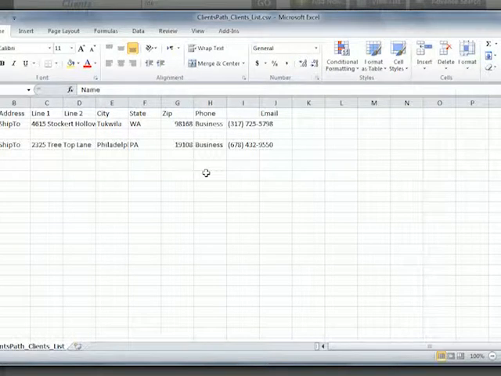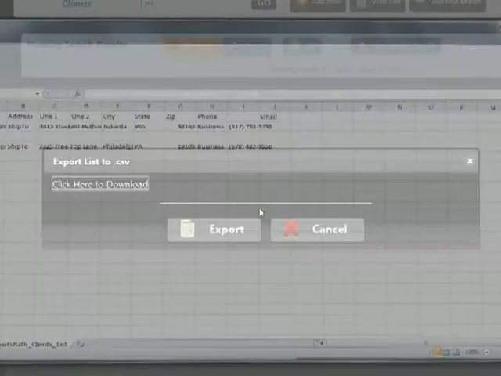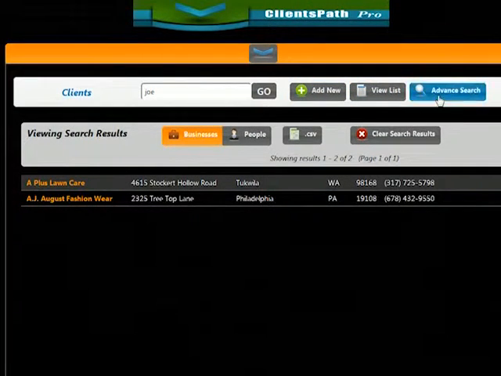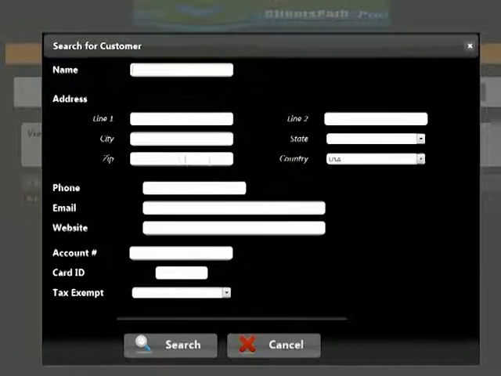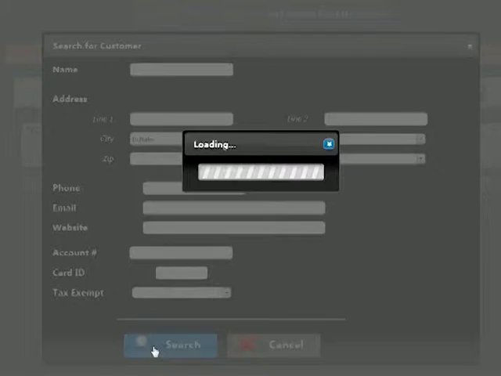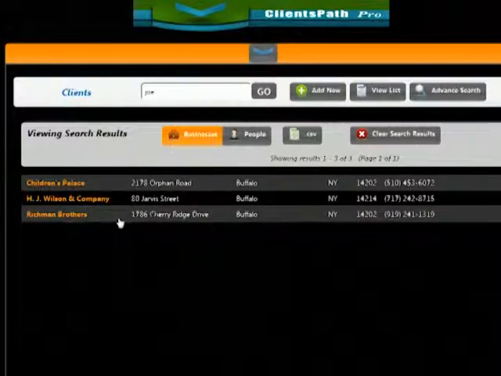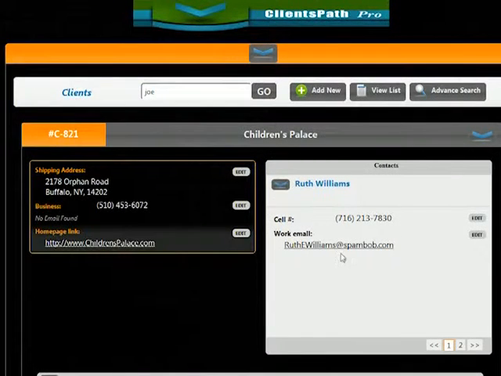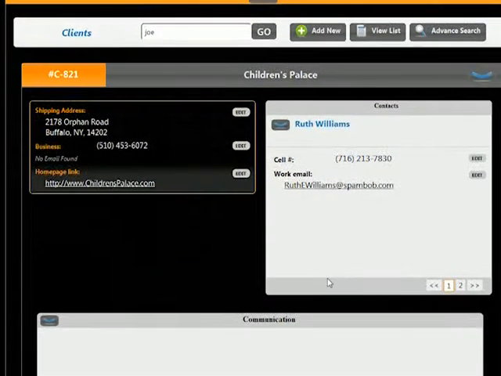Even if it's just as simple as, hey, we want to call all our customers in Buffalo, we can come in here and go in our city, hit search, and these are all our Buffalo customers. Then we can export, or we can just click on them one by one. Let's say we're going to call those 3 customers that we have in Buffalo to invite them to an event, so we're going to click on the first one and then get their phone number, give them a call,